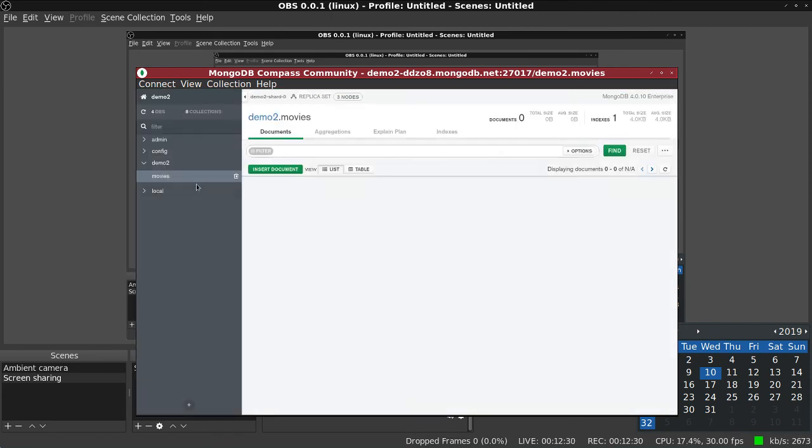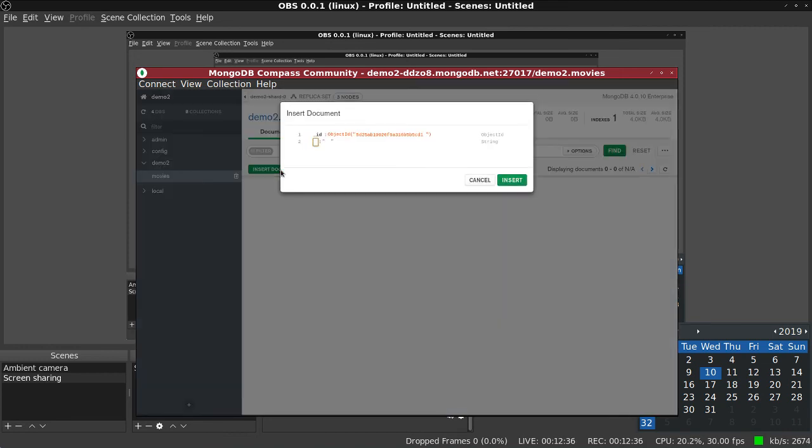There's no movie data in there at the moment, but you can also use Compass once you've connected to your database to insert a document, right? That will pop up essentially a JSON formatted object, or at least a template that will create